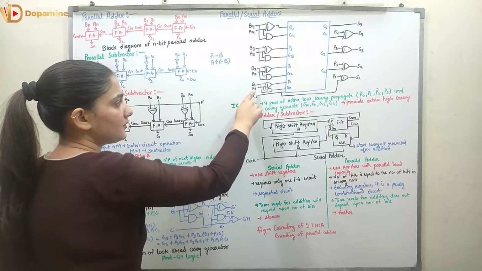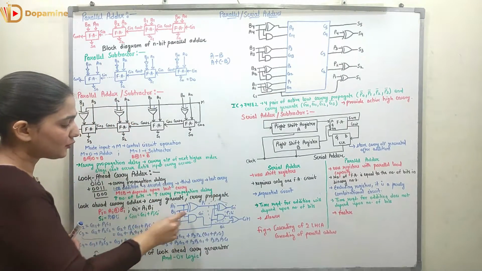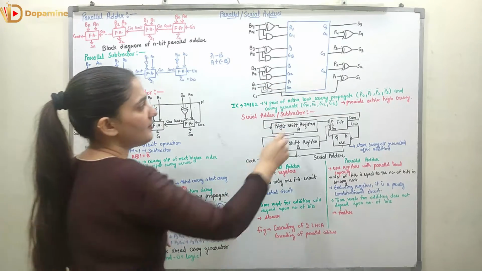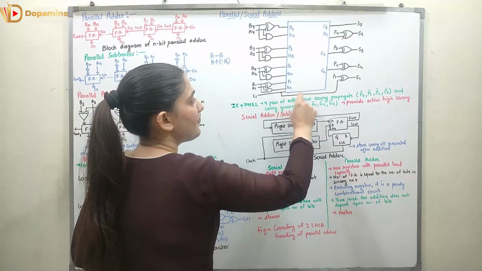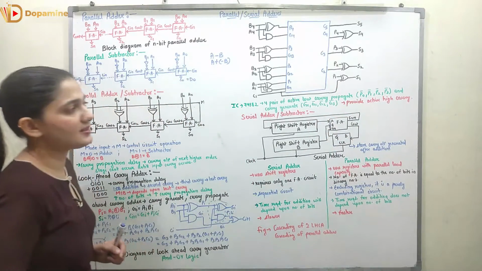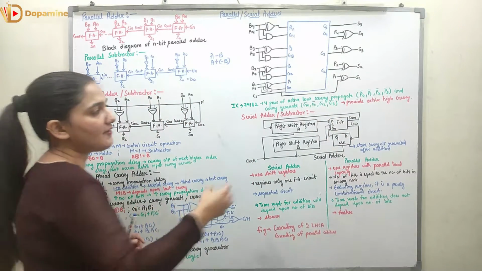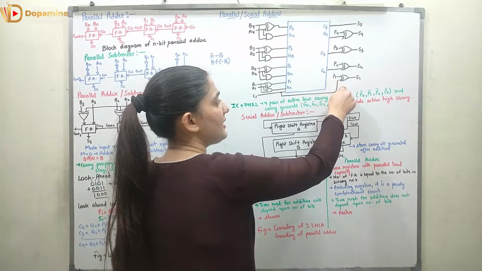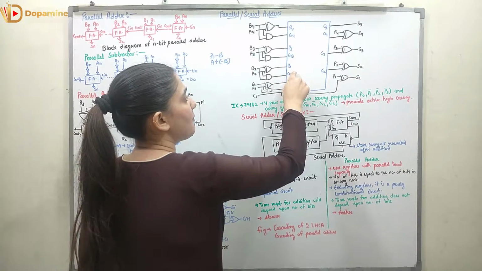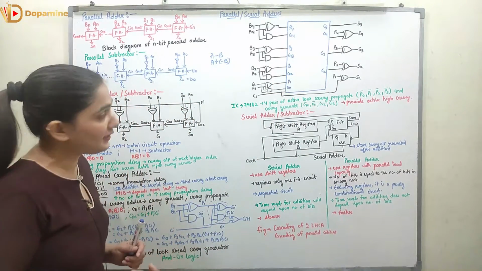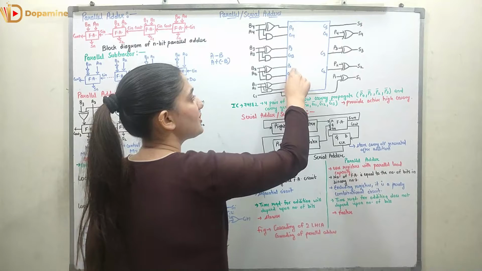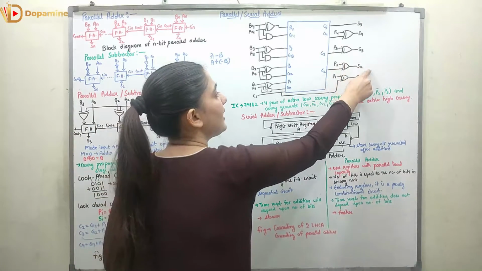We have taken A1 and B1, right? So A1 and B1, when they are sent to the XOR and the AND gate, we are generating P1 and G1, right? Now here we will generate the P1 as it is, and I will take the carry. So I will take the XOR of P1 and the carry, and I will get the sum 1. Now in the second case, with the help of P2 and G2, I will generate the carry 2. The carry 2 is taken and it is XORed with P2, right? The P2 we have generated over here, the carry 2 is XORed with that, and I will get the sum output 2.